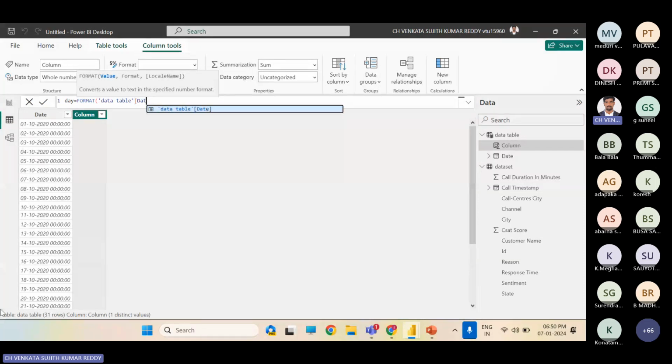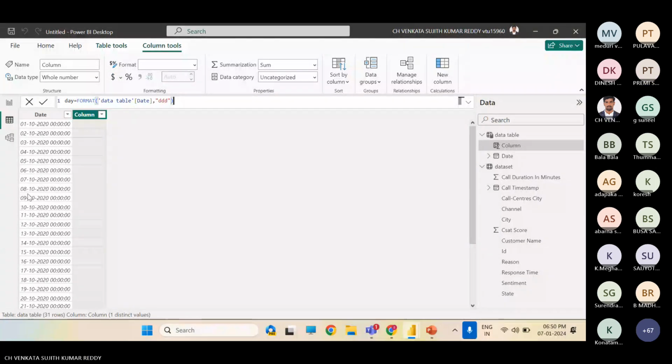Sorry, I mentioned the tab button. Instead, write what you want, select it, and press the tab button. Here I need a comma, quotation marks, DDD. If you mention four Ds, it will show the complete day like Friday, Saturday, Monday. So I was putting only three, so that I get only three letters of data like Fri, Mon, Tue. This is how I want.